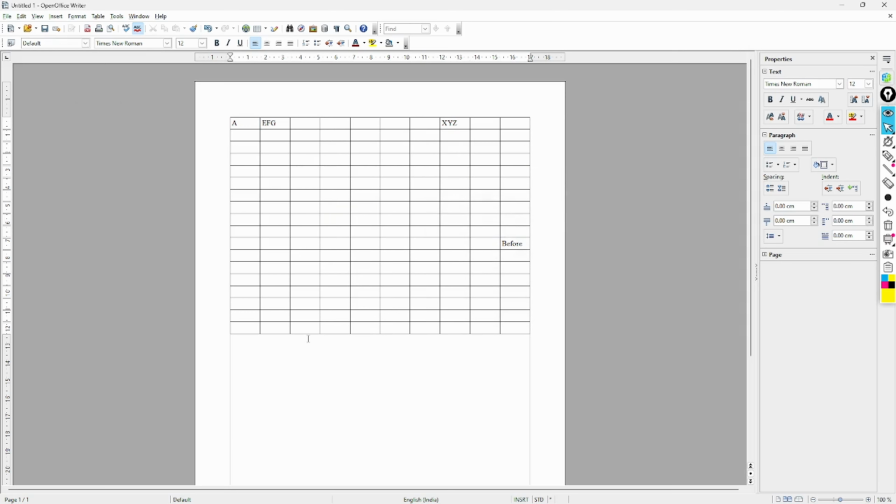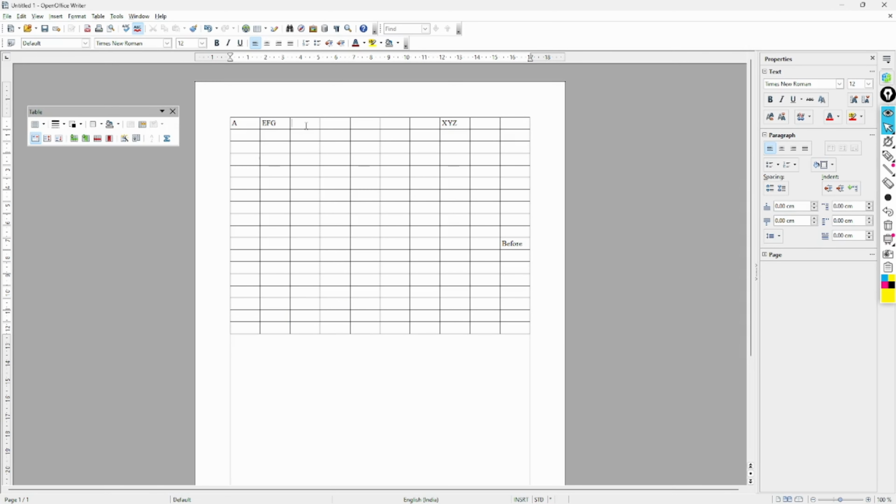All clear? Now the last thing we are going to see is how we can delete a row or a column. To delete, simply click on, for example, a column. First we will see how we can delete a column. Selecting this means selecting the entire column or the entire row. From here I can delete the entire row or the entire column.